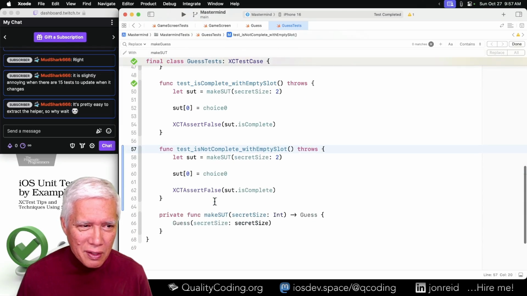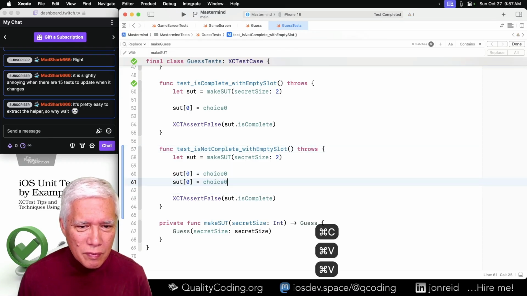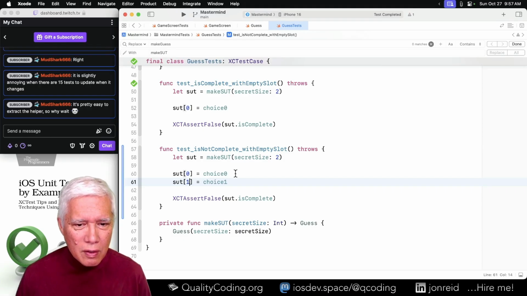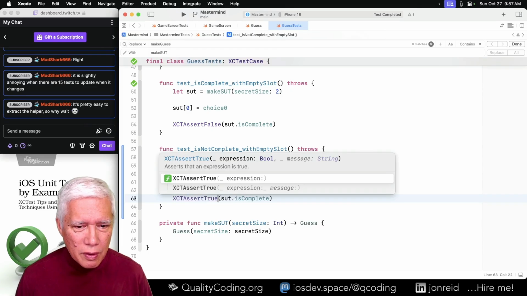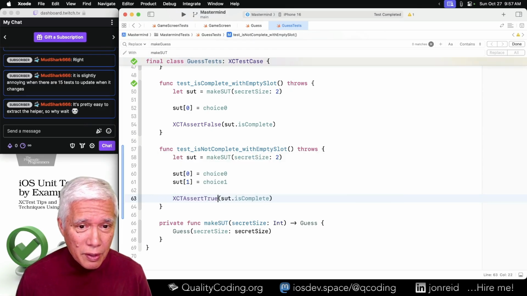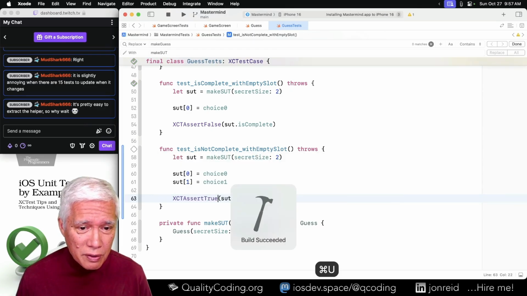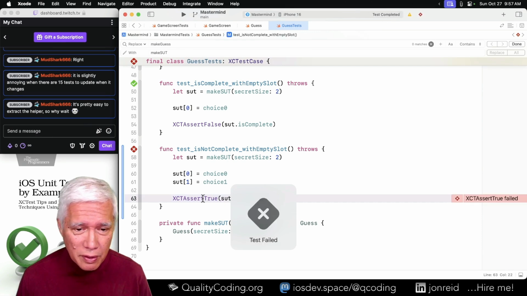I really want to try to avoid computery speak, programmy speak in test names. So this should be true. Now, here we go. This will fail on this one.